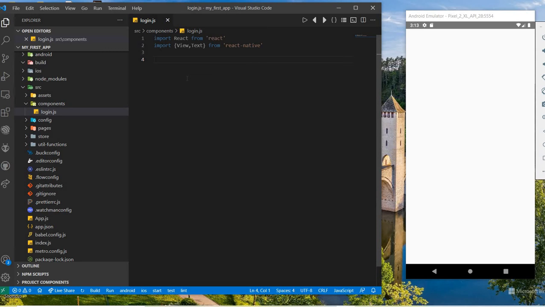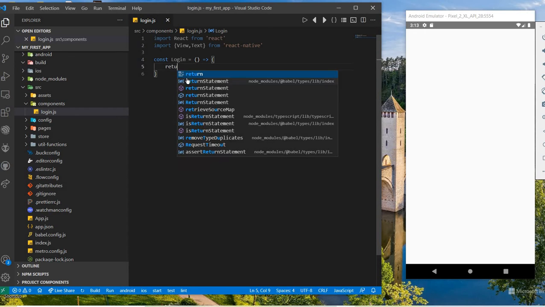Arrow method is written like const login. Login is the method name, equal to, then open and close bracket, then arrow and curly bracket. This is the syntax for how to create a method using arrow.